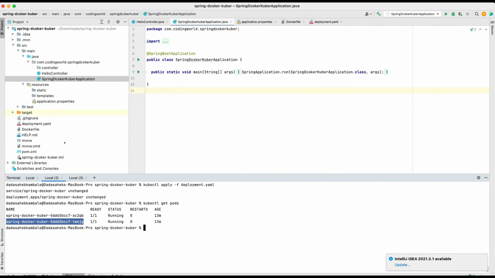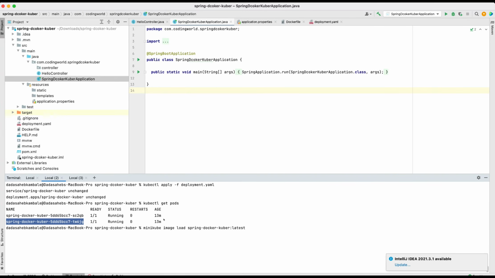So we need one major command, which loads the Docker image from our local repository to the Kubernetes cluster. For that, minikube image load, then your Docker image and its tag. Once this Docker image gets loaded into Minikube, we are able to run our deployment YML.